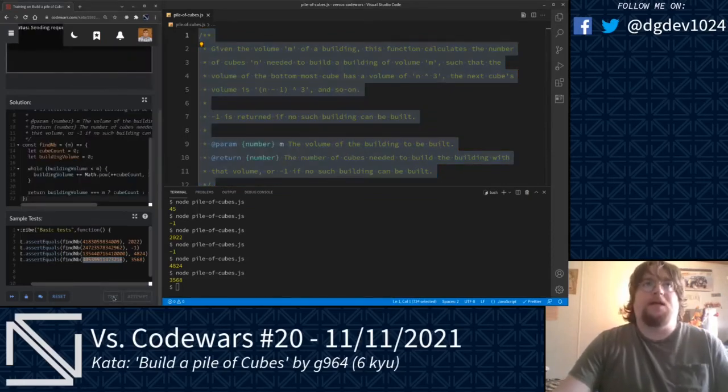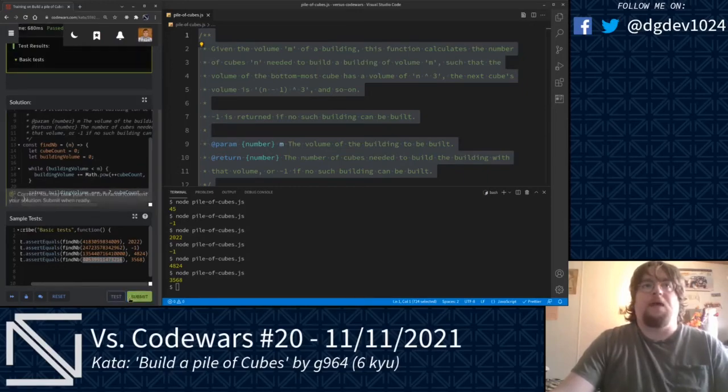Run through our tests here. And we are good. There is another way to implement this solution that does not use the Math.pow function. More recent versions of JavaScript now include what's known as the exponent arithmetic operator, denoted by 2 asterisks, where if you use n, then those 2 asterisks, and then 3 after that, that resulting operation will return n to the